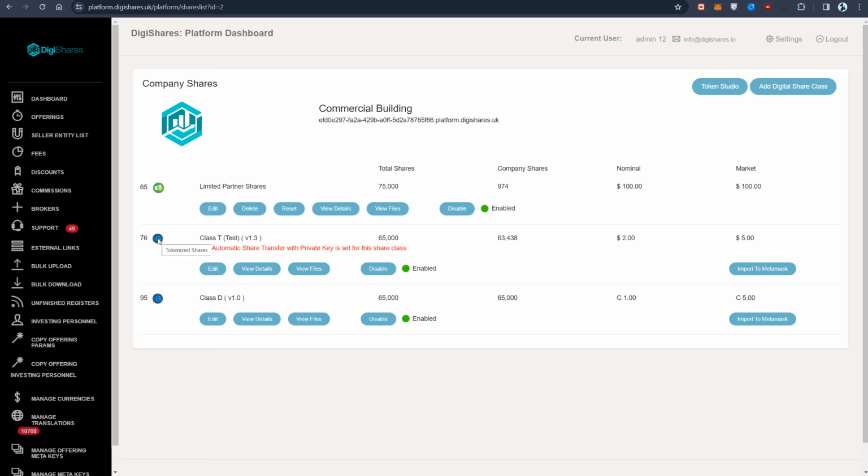With the tokenized class of share, we now introduce the blockchain network, and we work with various different blockchain networks, specifically Ethereum, layer 1 and layer 2, but we also work with non-Ethereum networks, such as Polymesh, which is a private, institutional-oriented network. If I wish to add to the different class of shares, all I need to do is simply go into the Token Studio,